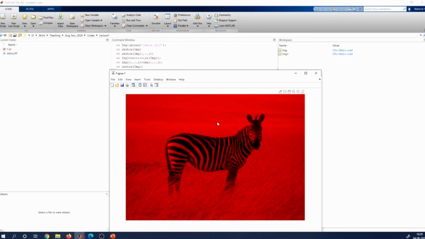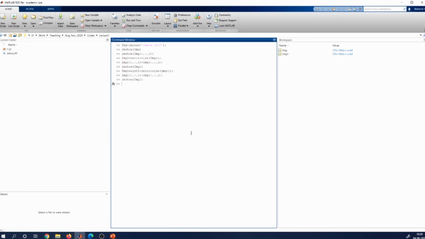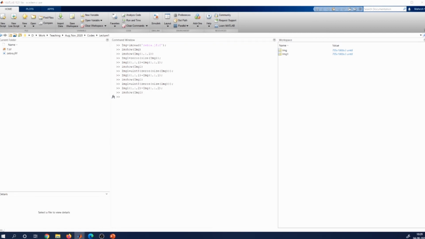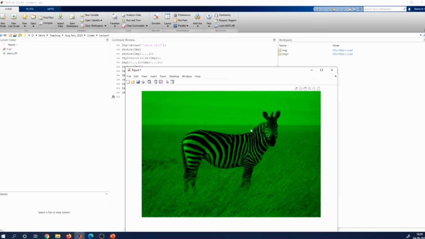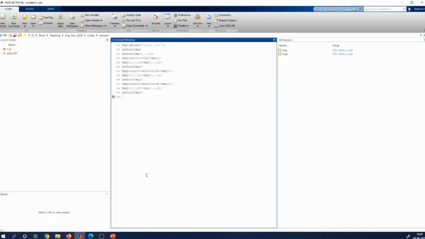Similarly, you can see it for the green component, for example. I will just repeat it. Here I am not going to take the first channel, I will take the second channel. If I plot it, you get the green component in the image. That is something different. So ignore all this. I will clear image 1, I don't need that.